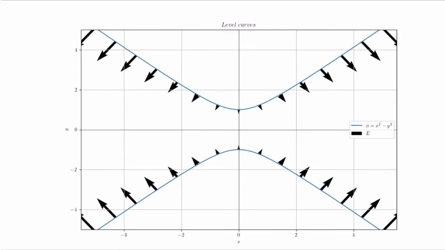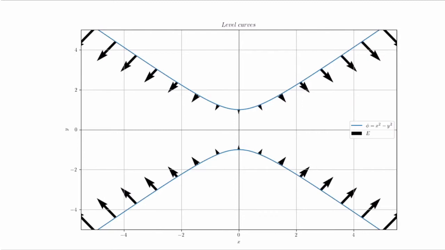What is plotted here is the electric field. The potential itself is given by phi of x, y equals x square minus y square. The electric field is shown in the figure, and the vectors point with arrows in that direction, both in terms of magnitude and direction. So you can see that as you come closer to 0, the magnitude becomes smaller, and it is pointing in the direction of 0, while as you move away, its value becomes larger and larger.